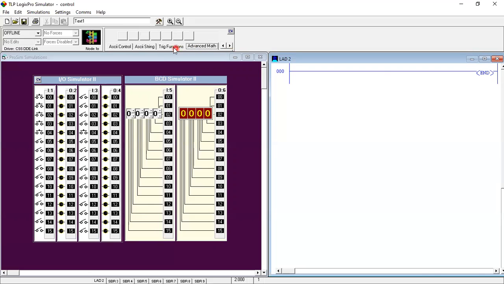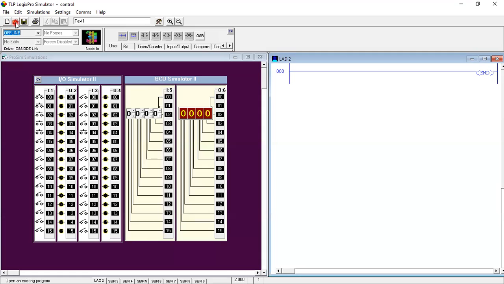And this is the main instruction icons table, and these are the offline, online, and download to the PLC options. These symbols help to create a new logic.